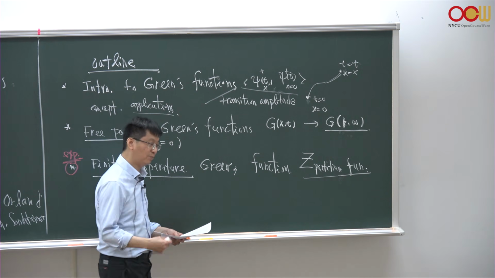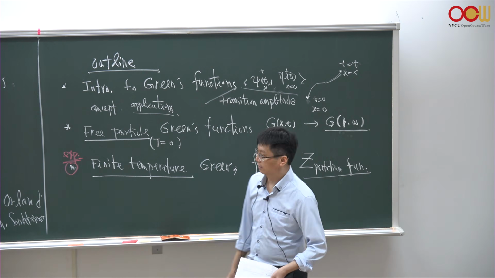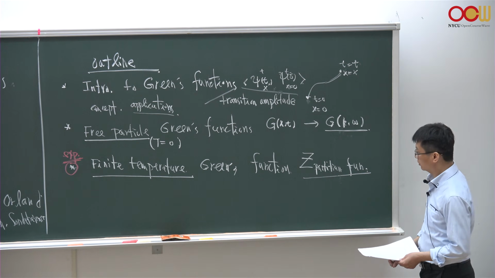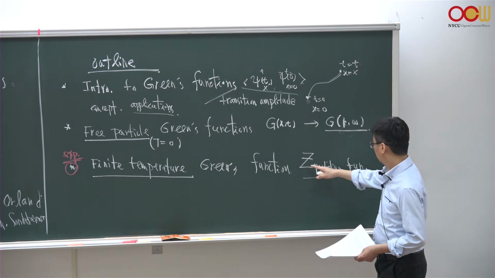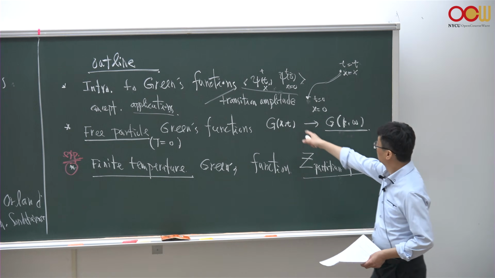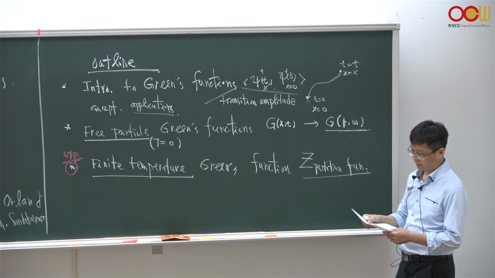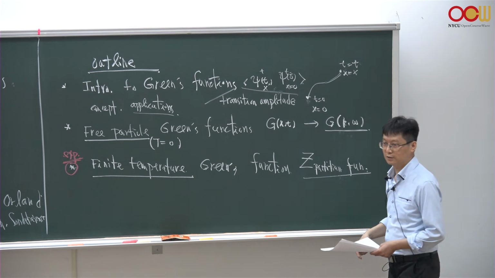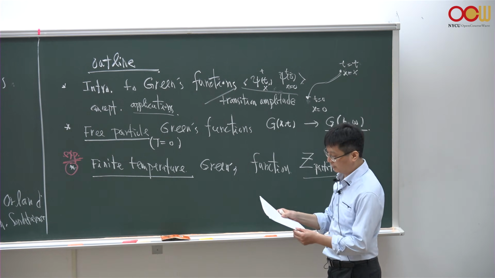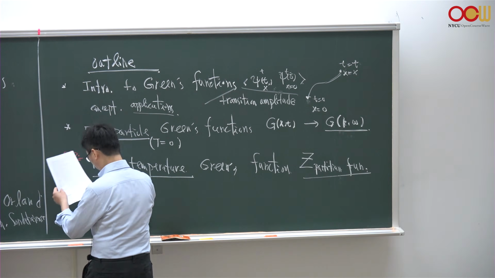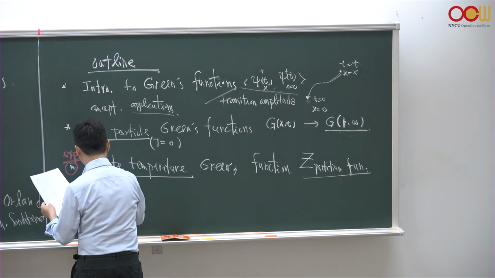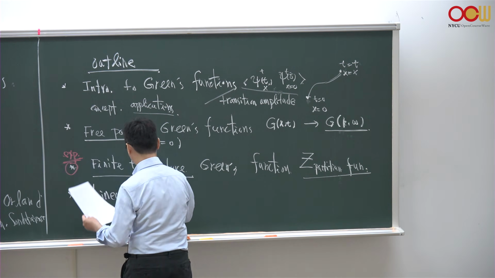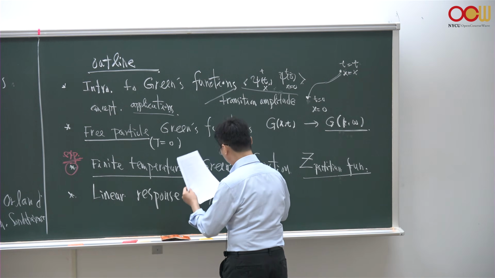So we need to play some mathematical tricks, which requires a lot of time and effort in these lectures to learn how to really incorporate this partition function in this Green's function calculation, and it involves Feynman's path integral approach that you already learned in quantum mechanics. Then we will introduce this very important systematic approach, which is called linear response theory, and the Matsubara frequency